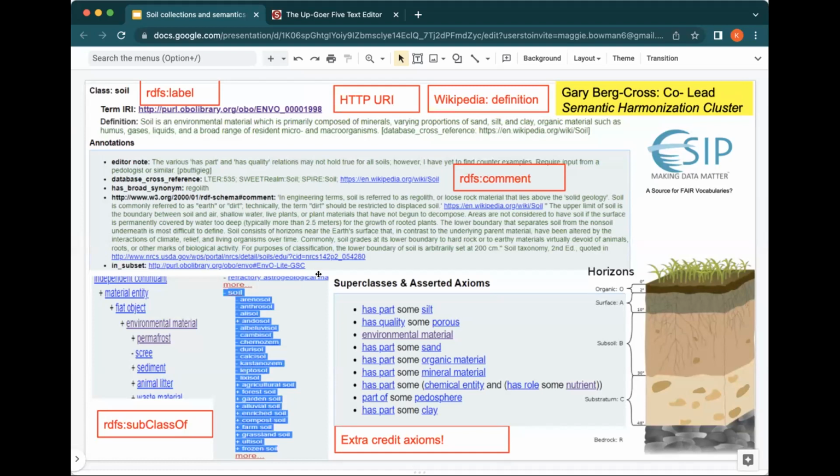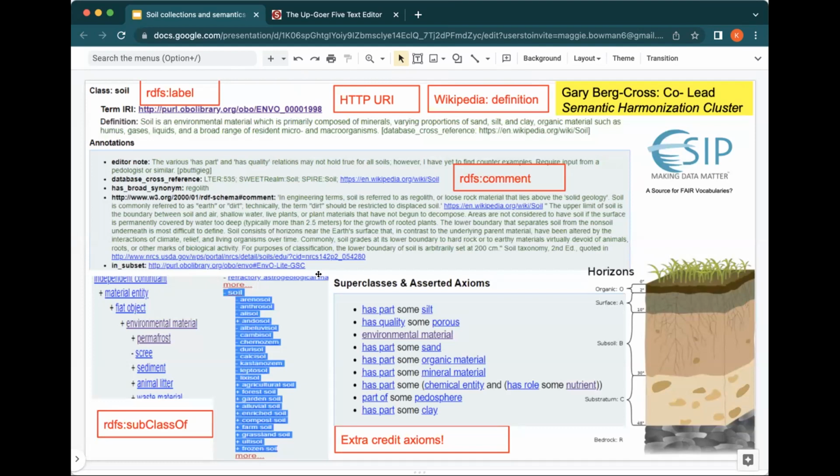Hopefully you can see most of this. For one thing, we have a classification of soil as a type of environmental material, and that is in the definition. We also, as Pier pointed out, have a URI or a link to this item in Envo. And if you look in the blue annotation box, or actually just below, you'll see the Wikipedia definition that was used initially to define soil. Envo captures a number of things about soil, including a number of soil types like farm soil and so forth. You can see that in the lower left-hand side.